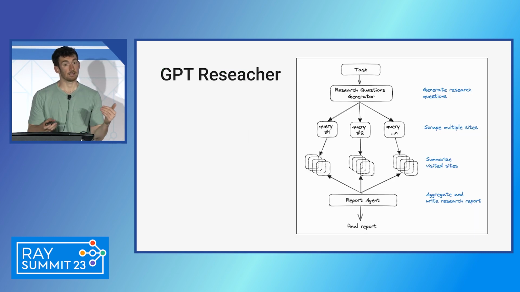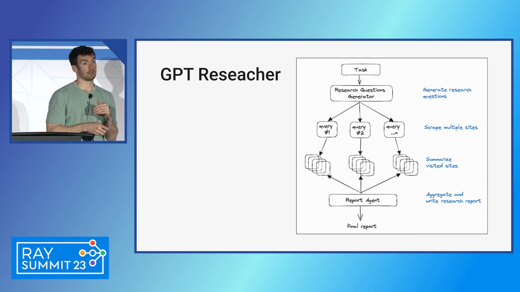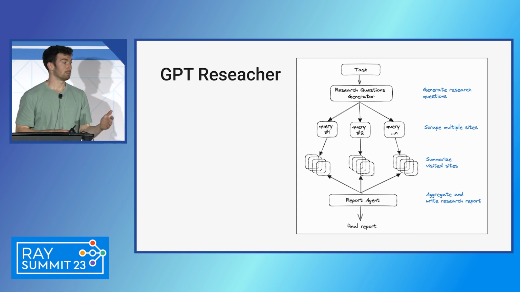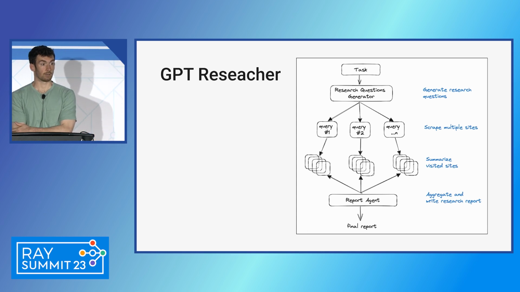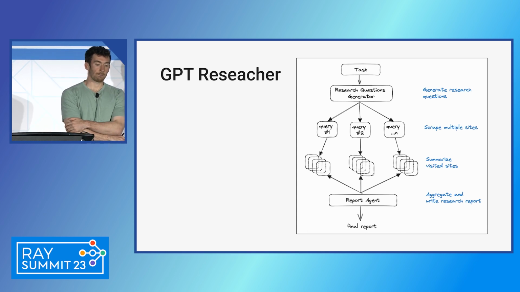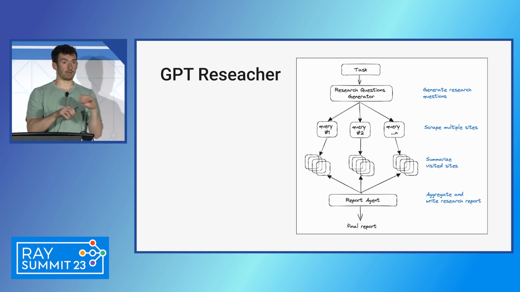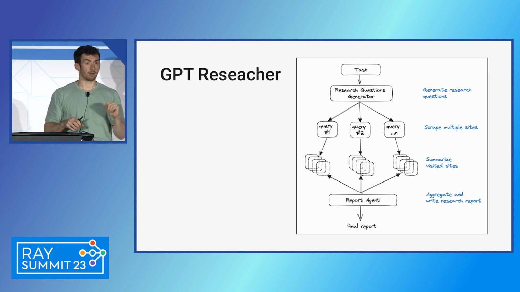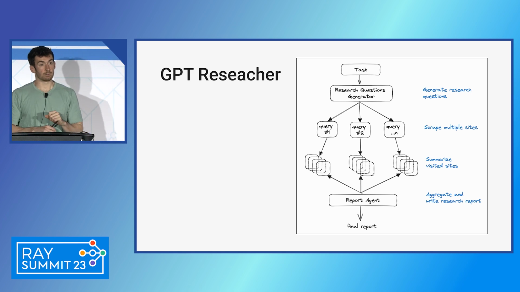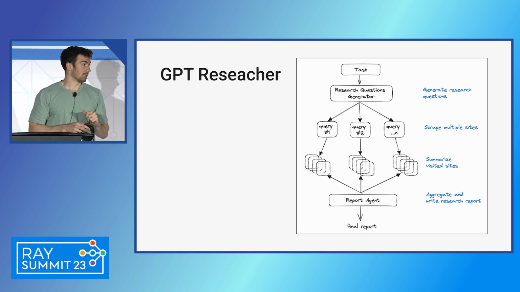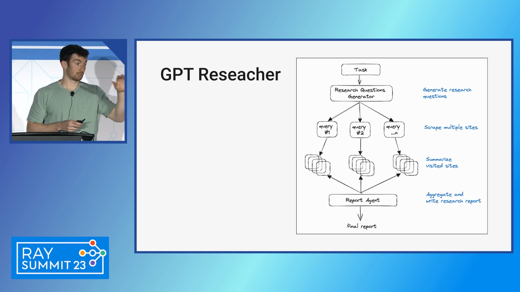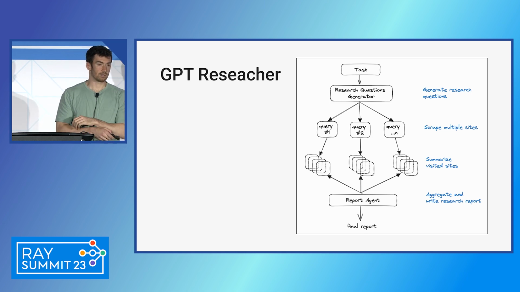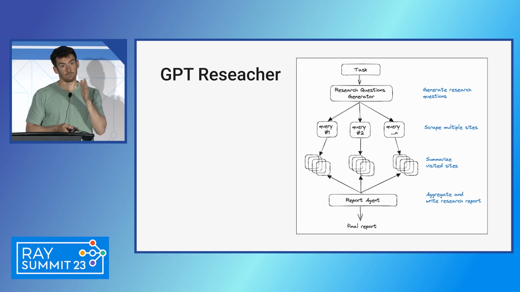And so an example of this that's slightly more complex than that, but still in the area of this like grounded generation, is GPT Researcher, which is an awesome open source project that I would encourage all of you to check out. And basically what happens is you get a task that comes in. You then generate a bunch of questions. You then go research each subquery, find relevant documents online, generate some summarization for that, and then combine the summaries with a report style agent. And so in here, there's a predetermined sequence of events. It starts to get really complex, and you can see the different branching going on. But there's this sequence of steps in this chain that happens.